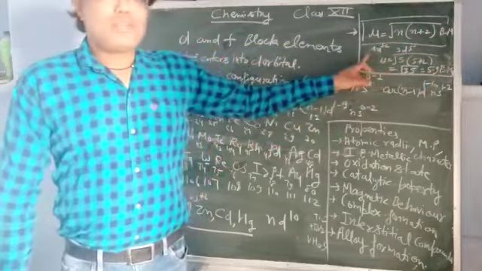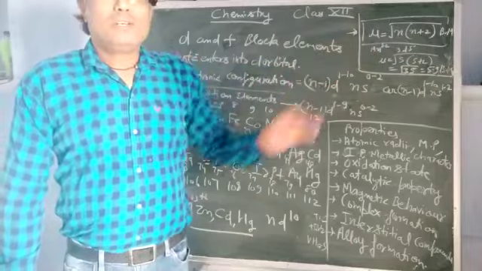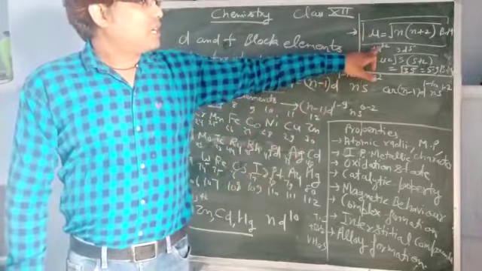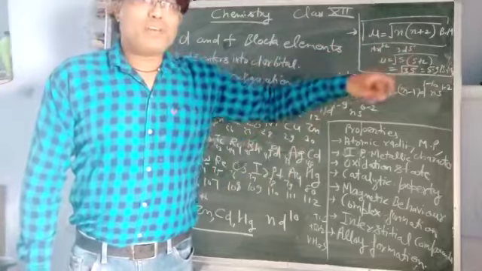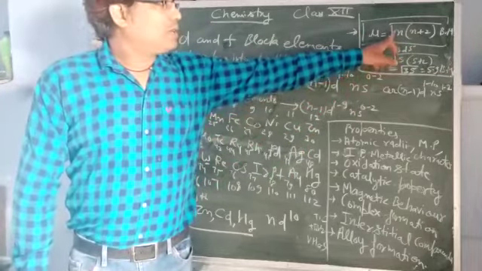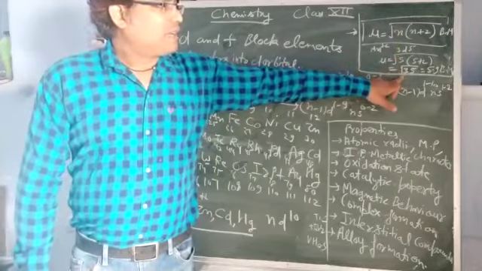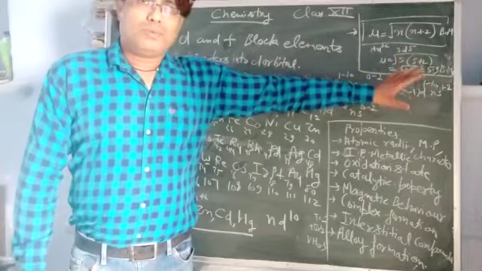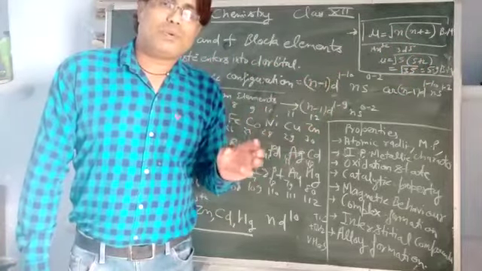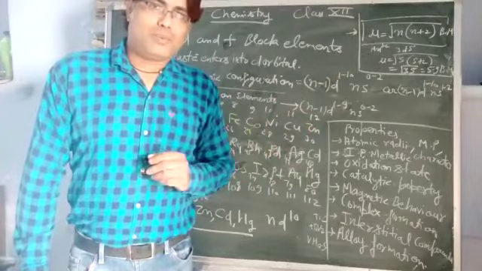So in the example I have shown here, suppose we have the Mn+2 ion and you are asked to calculate the magnetic moment, so you will use this formula. So what is the electronic configuration of Mn+2? That is 3d5. So we have 5 unpaired electrons. So n is here the number of unpaired electrons. When you put the value here, you can calculate the value of mu, that is √35 BM. So you may be asked such a question. You may be given some ion and asked to calculate the magnetic moment of that ion, and also calculate the number of unpaired electrons.